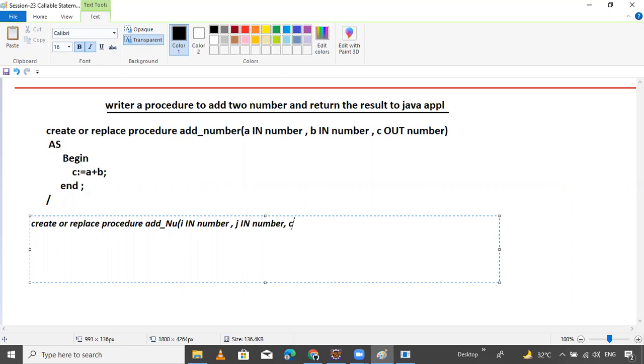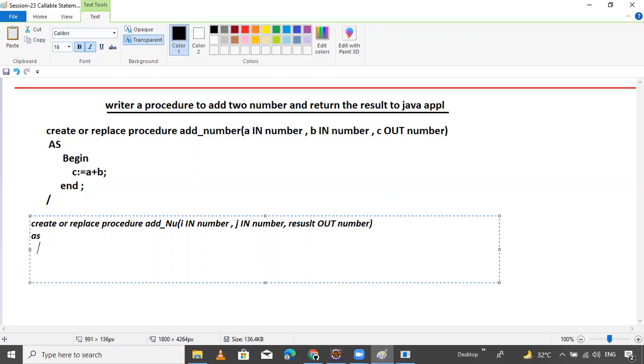We have already used C, so here take I, J, K. K is out, in the sense it holds the result. Otherwise take a result. Result is out type, number. That's it. Hit enter, press AS.